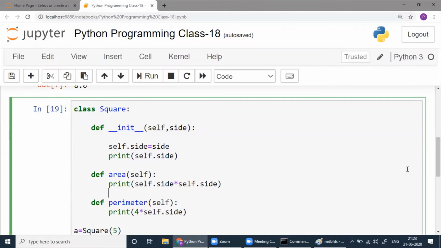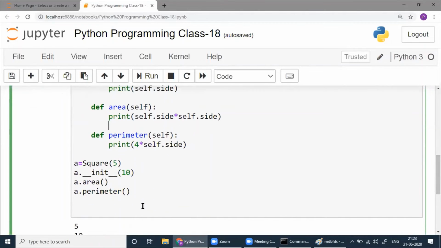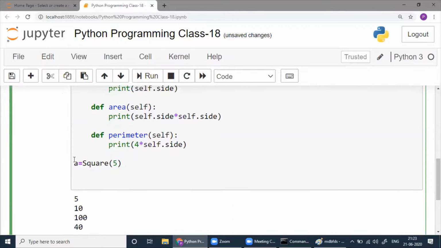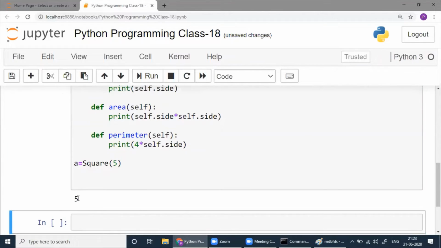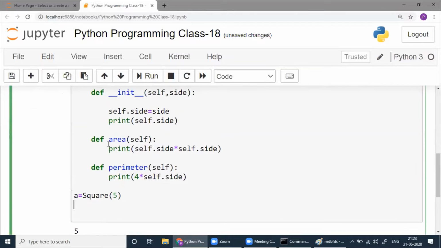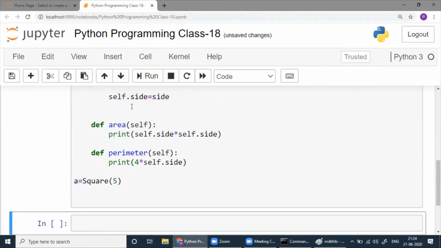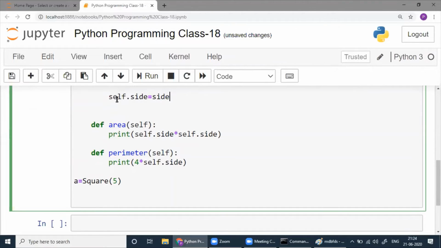Automatically this will happen. Even see, let me cut this 3. You run this, one will happen automatically, 5. You need not call area or perimeter like this. Init is a special method. It's called automatically, and whatever there is in init will be executed. If you don't write this, that's a separate thing. You run this, then nothing will happen. But this will be assigned to self.side.